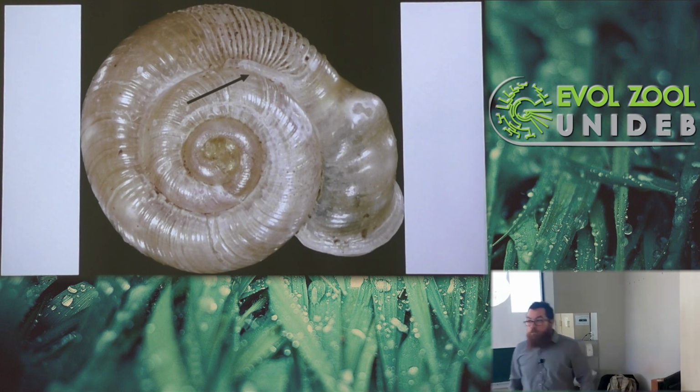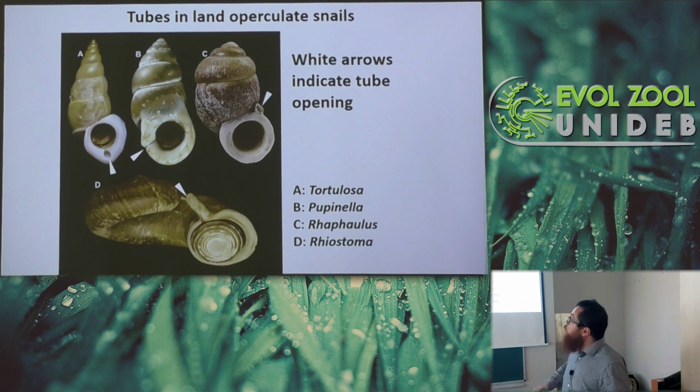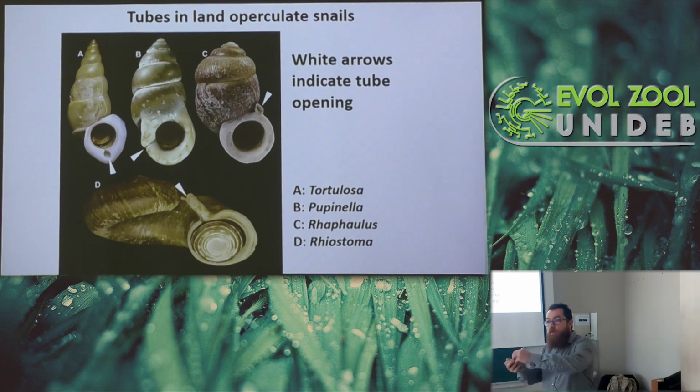So anyway, historically, we know that many of these door snail groups have little snorkels, okay? In the case of this shell and this shell, it's very obvious there is a little tube. The snail doesn't have to come out to breathe, but can stay inside, and gas exchange is going perfectly well and it doesn't open the door, so nothing can attack